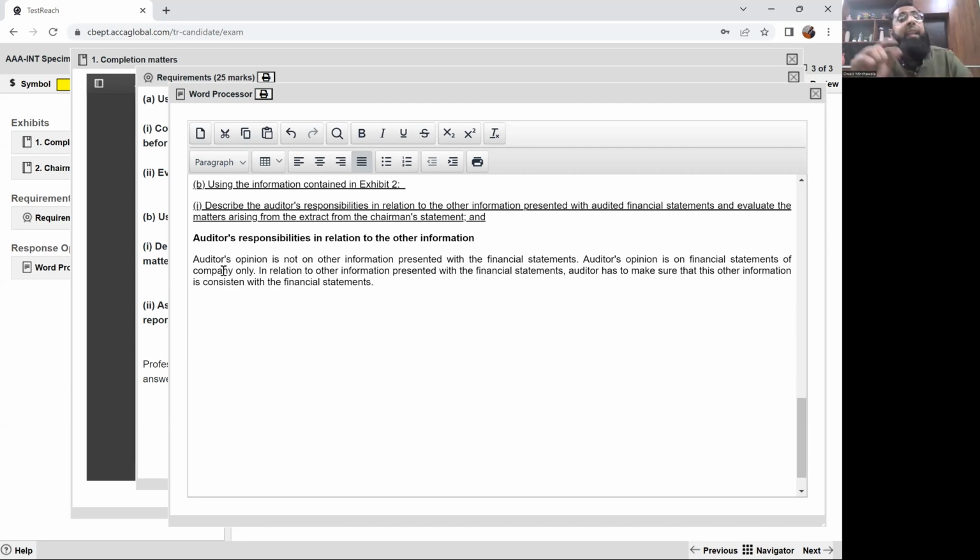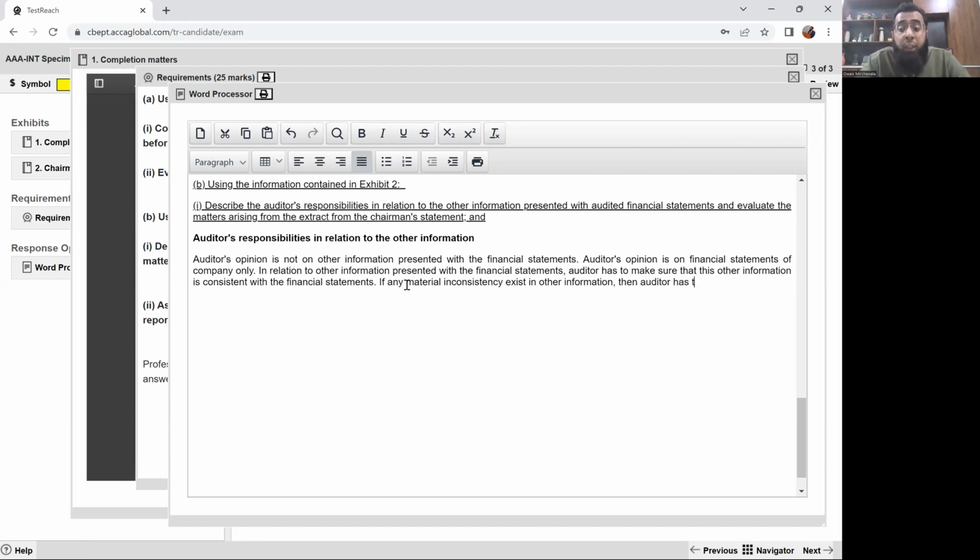The auditor will only highlight that inconsistency in the other information paragraph of the audit report, so that the inconsistency doesn't confuse the users of the financial statements. Okay, so the auditor's opinion is not on other information presented with the financial statements. The auditor's opinion is on the financial statements of the company. In relation to other information, the auditor has to make sure that it is consistent with the financial statements. Okay, if any material inconsistency exists in other information,